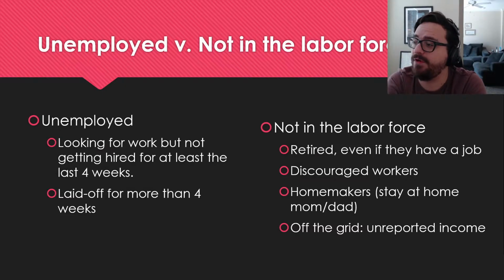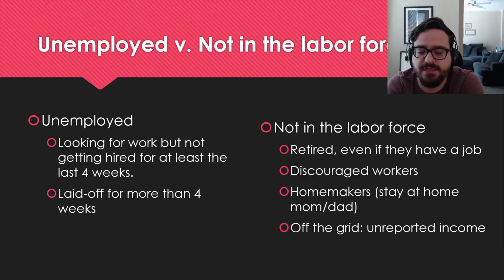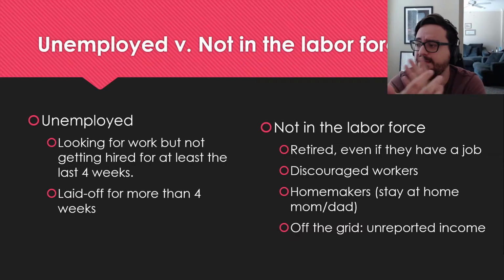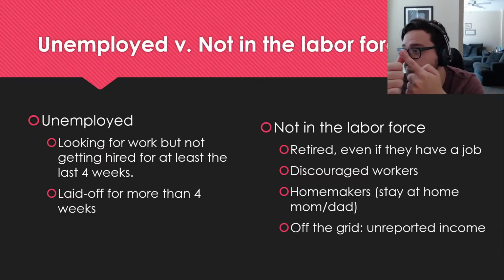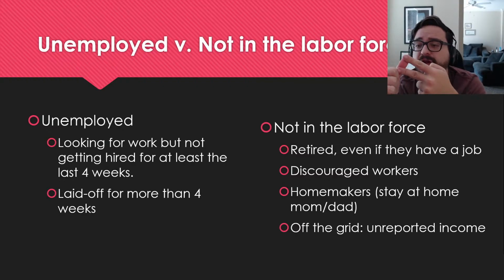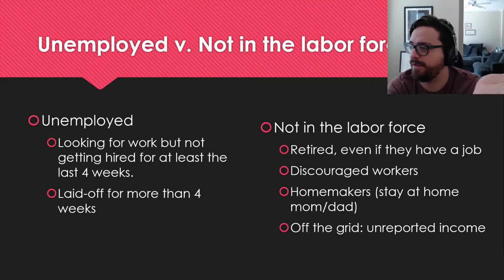The other type of unreported income is illegal activity, like drug dealers who are doing illegal work, sex trafficking, all that stuff. That's not reported income, so that person's not technically looking for a job because they're generally not applying to workplaces if they have an illegal gig. They could, that's a separate thing, but if they don't, then they're not employed. And they're not unemployed because they're not really looking for a job because they have one, it's just not one that the government knows about.